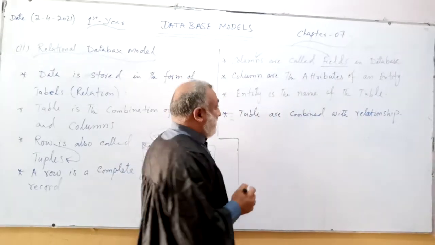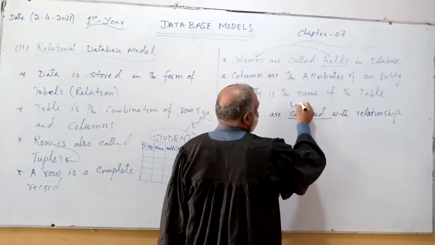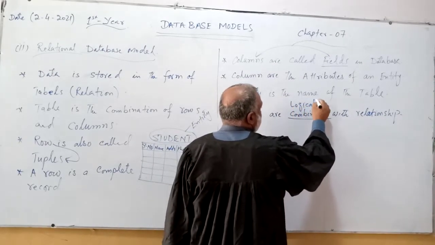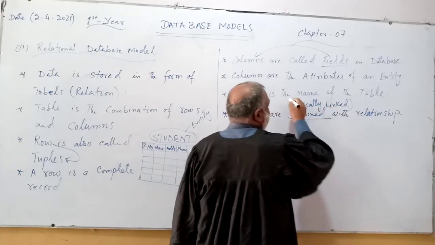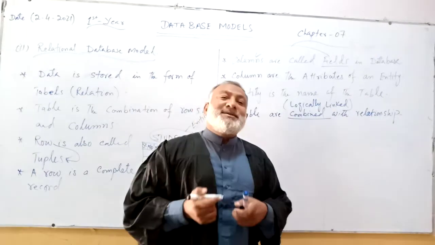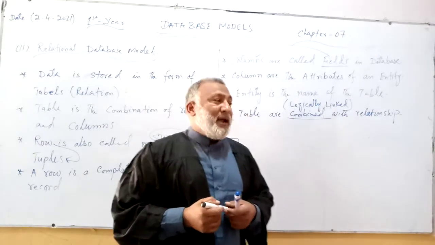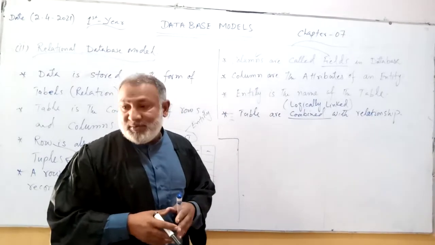And combined, we would say that they are logically linked. That is a good word for them, that they are logically related, logically linked tables, and that is called a relationship. So there are many types of relationship. We will